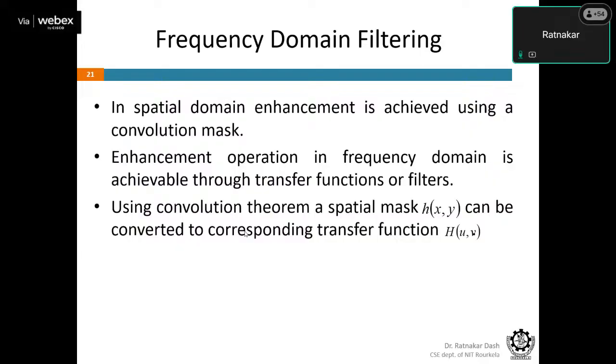Instead of doing that, there is another way of filtering image and video signals. That approach we can call the frequency domain filtering approach. This is a little different from the spatial domain, where we do not use any